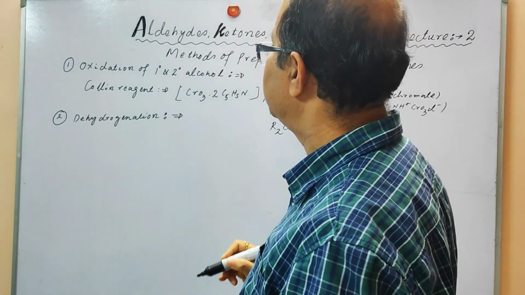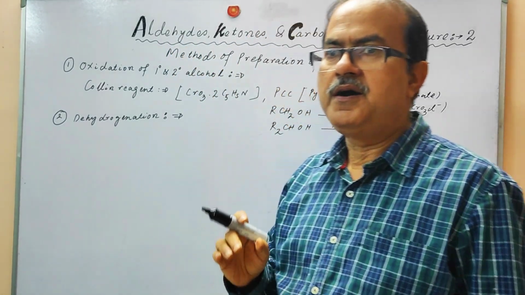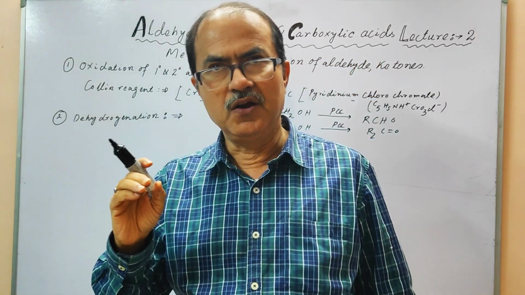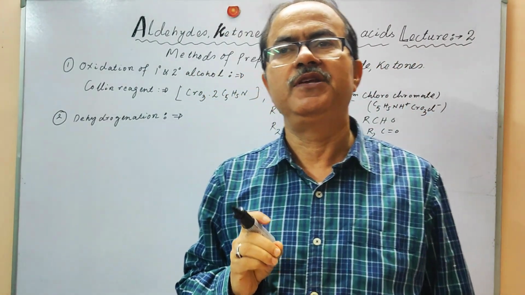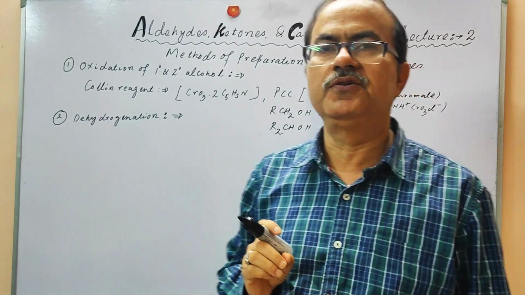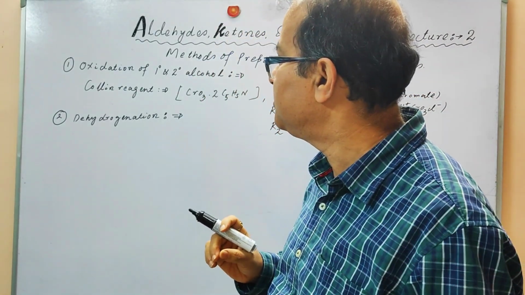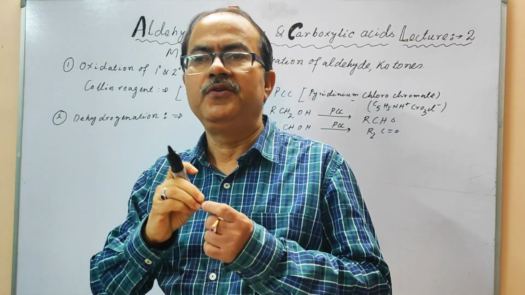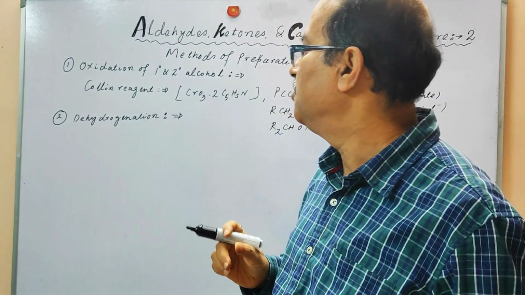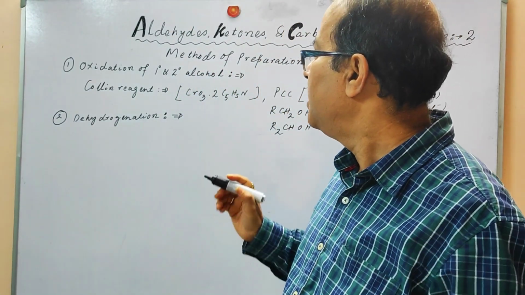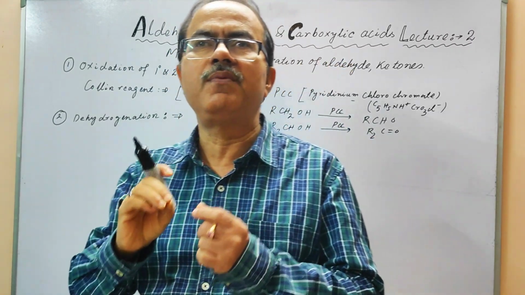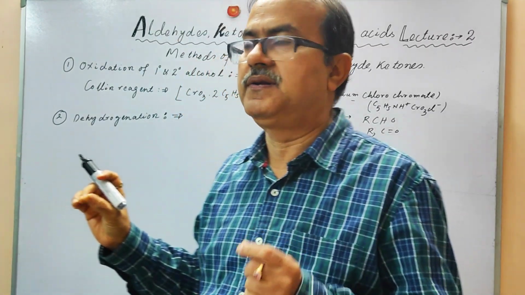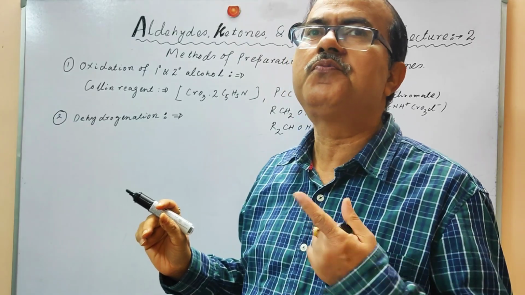In this dehydrogenation process, alcohols which are volatile in nature are used. Dehydrogenation means you are removing one hydrogen molecule from the alcohol, and in this case the alcohol will be passed over heated copper, and it will produce